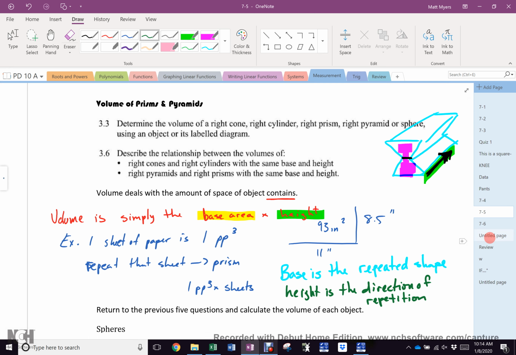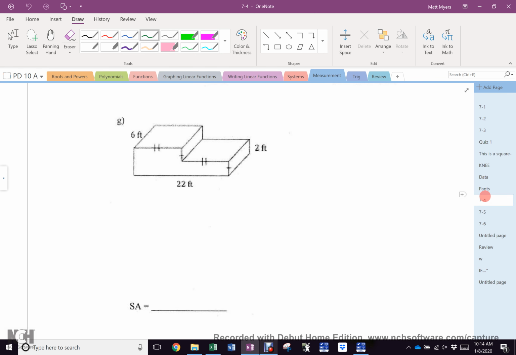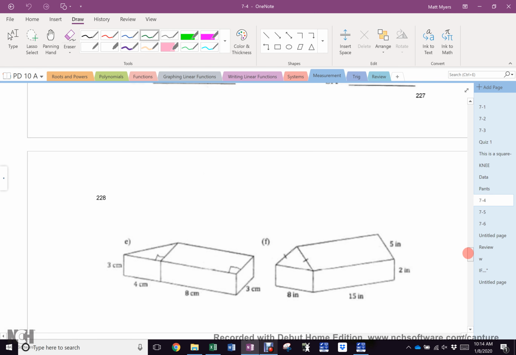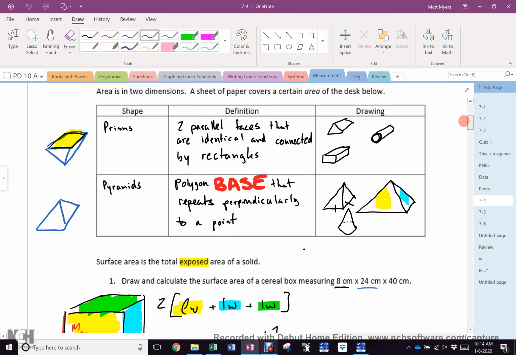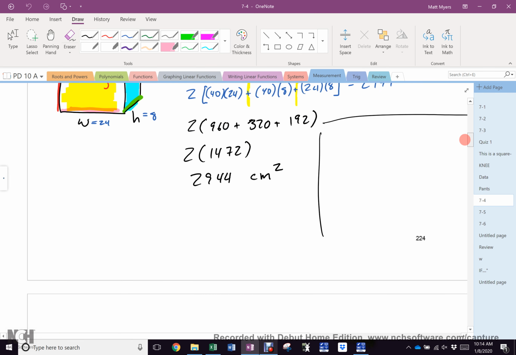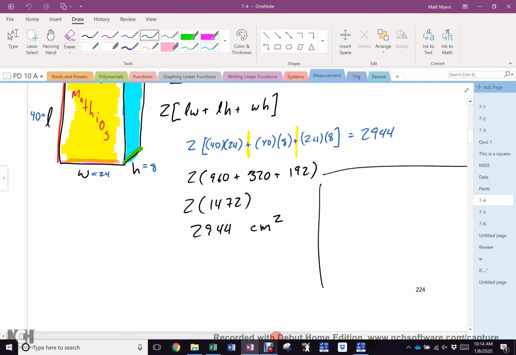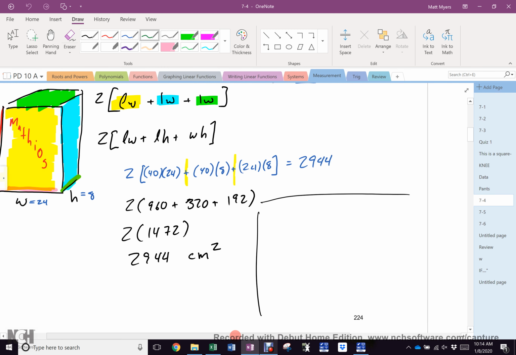Now, return to the previous 5 questions and do the volume. The previous 5 questions I'm speaking of are not the ones on page 227 and 228. They're back here on 224. Remember how I told you to save some space? So,